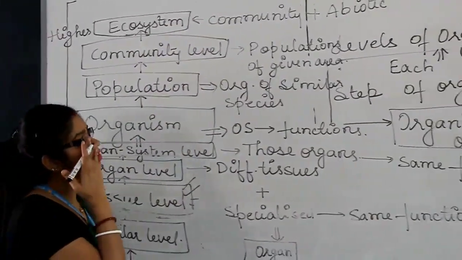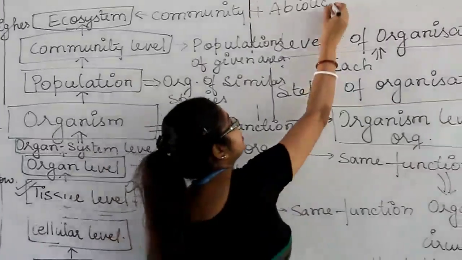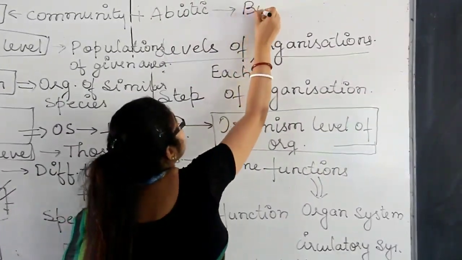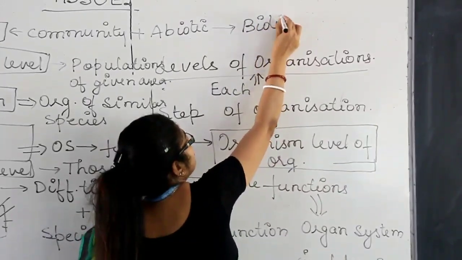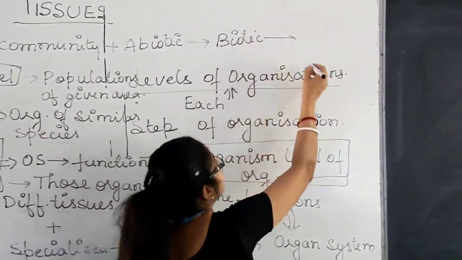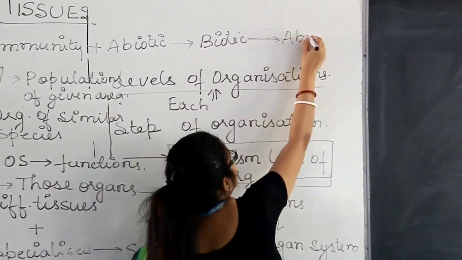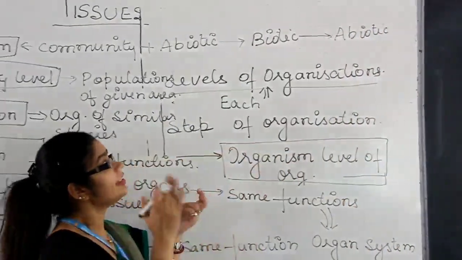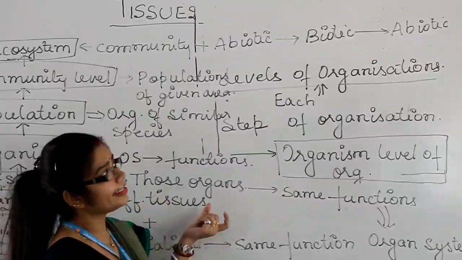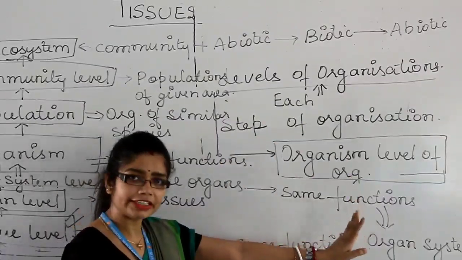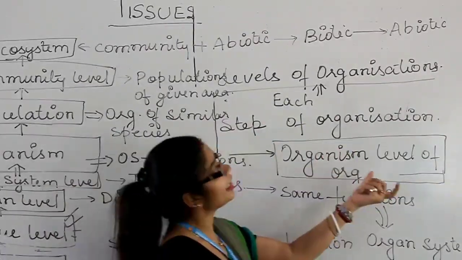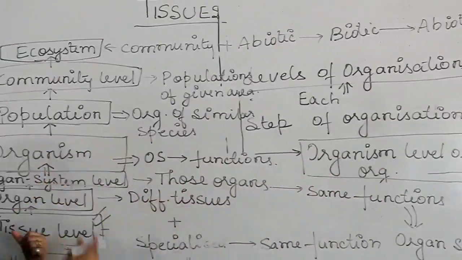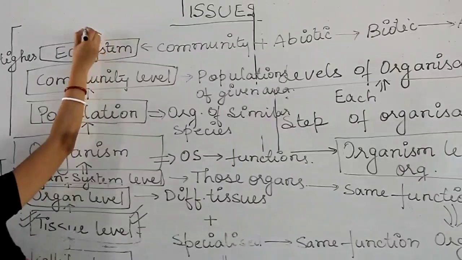In the ecosystem we will find that there is interdependence. They interact. So biotic factors, living factors, interact with abiotic factors. This means that even the living organisms are dependent upon the environment. They will affect the environment, and also the environment will affect the living components. So they form the ecosystem. Next level we have is